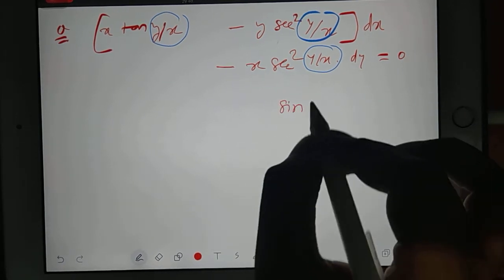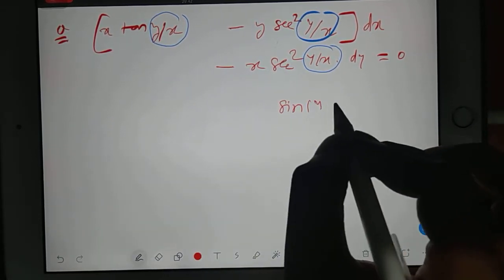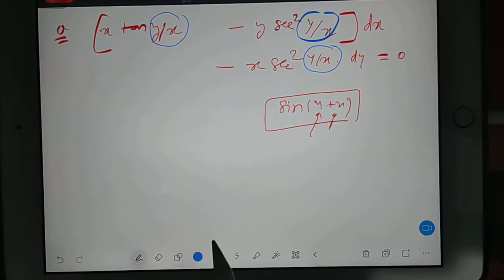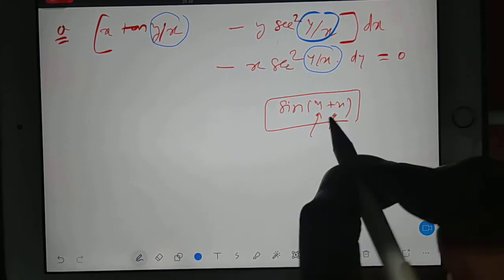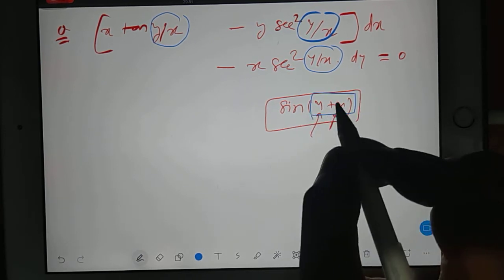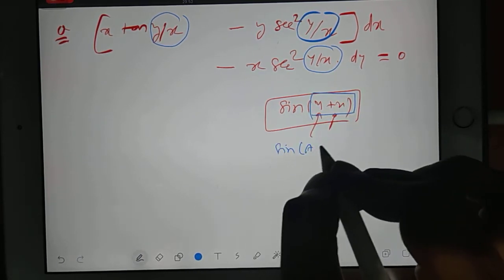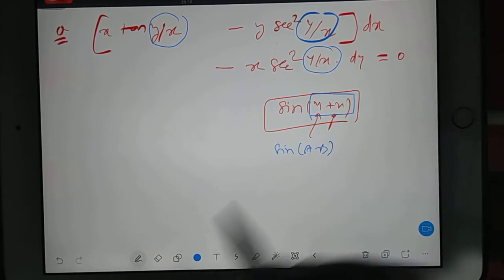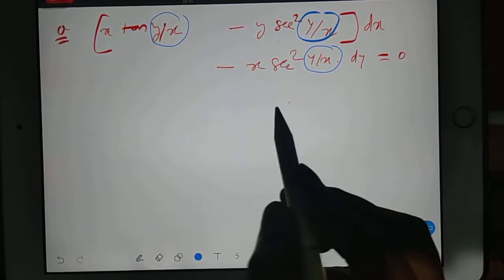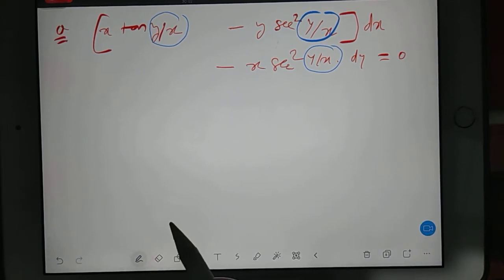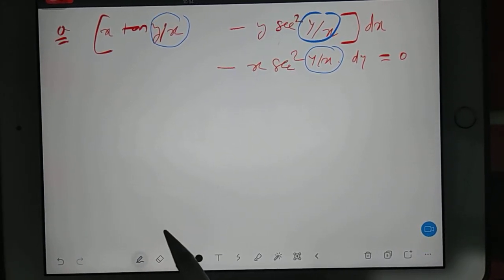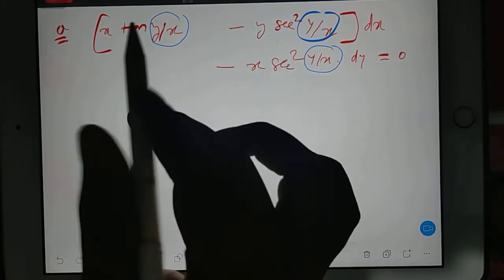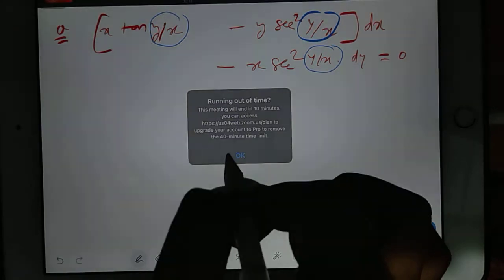Suppose if you have sine of y plus x, just an example, and here y and x are inside, but if you want to separate the variable, it is easy. Why? Because this y plus x you can break using the sine a plus b formula, sine a cos b plus cos a sine b, right? So after that, if you do some workout, then there is a possibility that you may separate your variable. Okay, but you see here, whenever this kind of question is coming, quickly you find out dy by